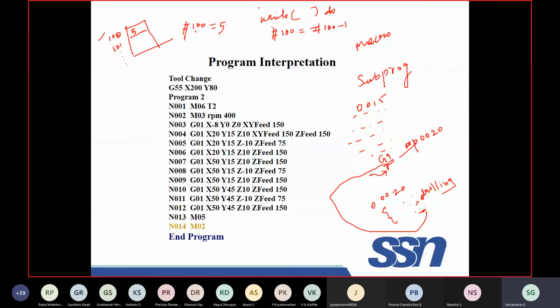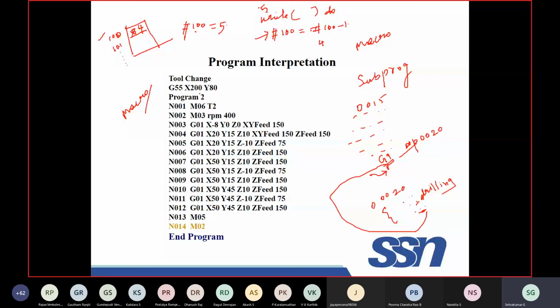While this loop is executed for the first time, before execution the value 5 will be stored at location 100. When this line is executed, what happens? Already 5 is there, 5 minus 1 will be 4. Now while this command is executed, this value will not be 5, it will become 4. So counting and all you can do with the help of these memory locations. So this sort of program is known as a macro.